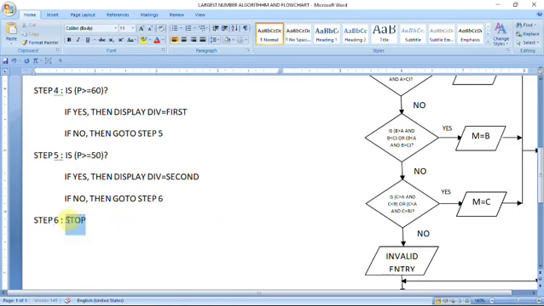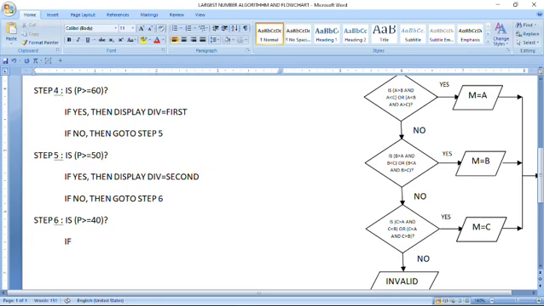In step 6 also we have to write the same condition: is P greater than or equal to 40? Again, if yes, then display DIV equal to third.